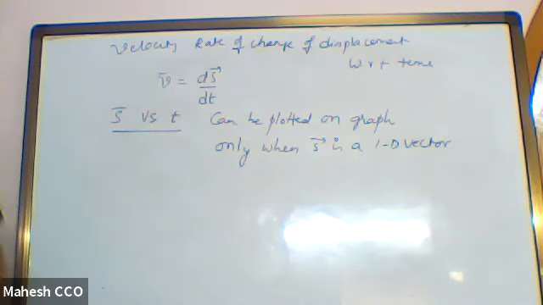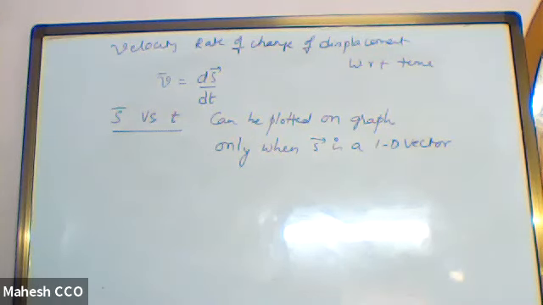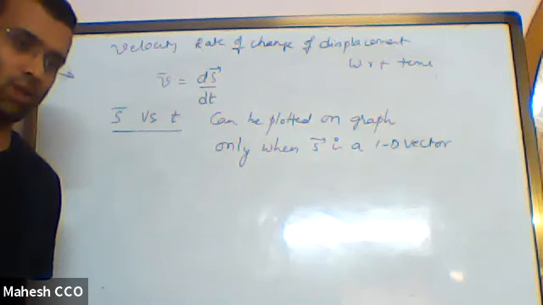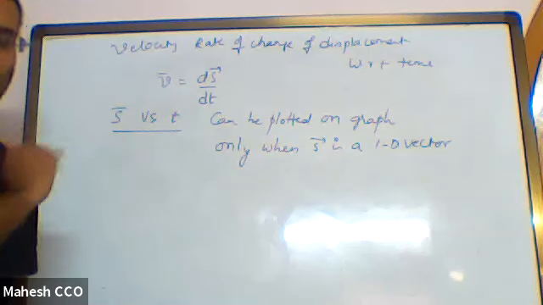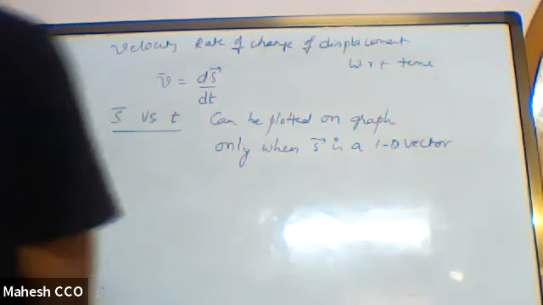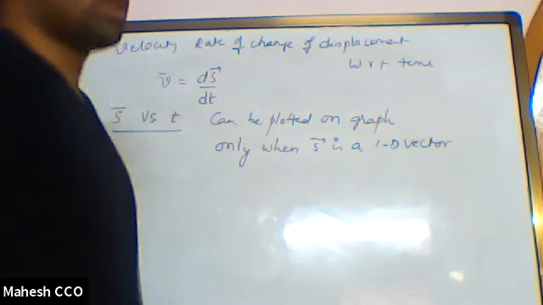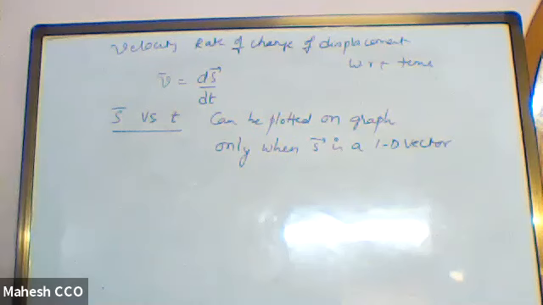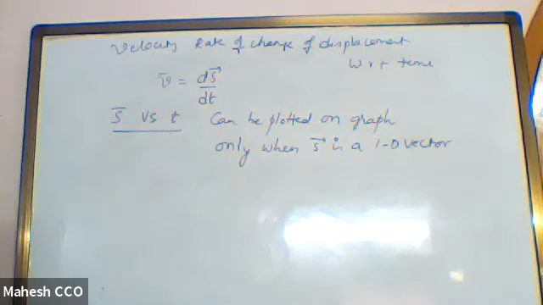So the vector nature of the quantity, that is displacement here, can simply be considered by taking the sign as plus or minus: if it is forward then plus, backward then minus. Taking it like that, we can depict the vector nature of displacement easily by taking the sign convention. Therefore it becomes a simple scalar quantity, but with a sign convention. Then if displacement can be treated as a scalar quantity, and time is anyway scalar, both can be